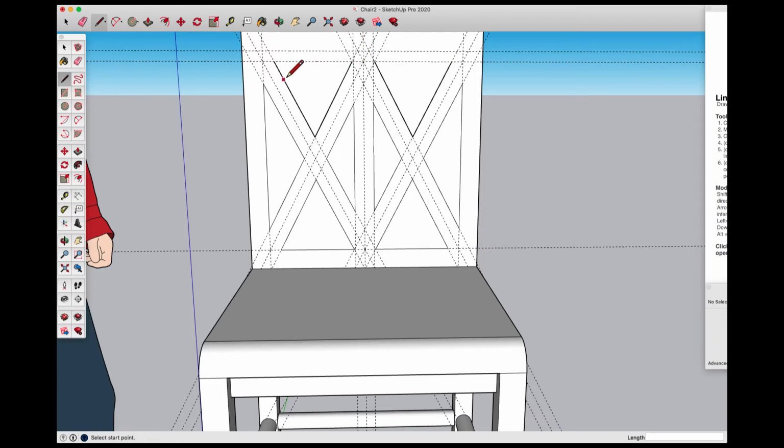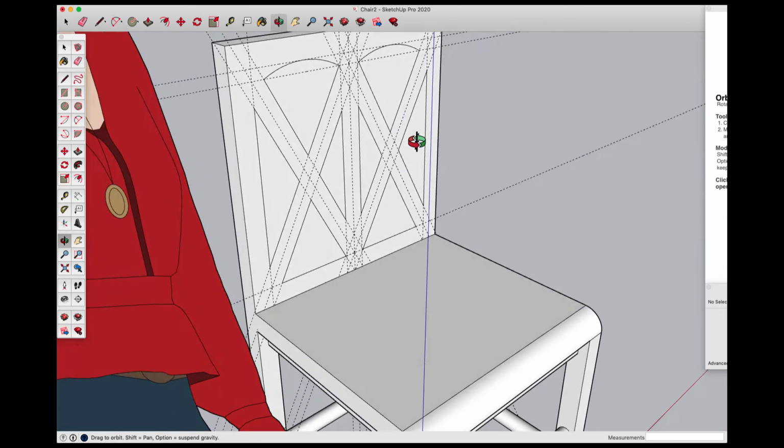Okay, so here we want to make some arcs. So what I'm going to do is I'm going to take my arc and I'm going to go from endpoint to endpoint and then go up to the line, on line. Same thing here, from endpoint to endpoint up to on line. Okay, if we did this correctly,